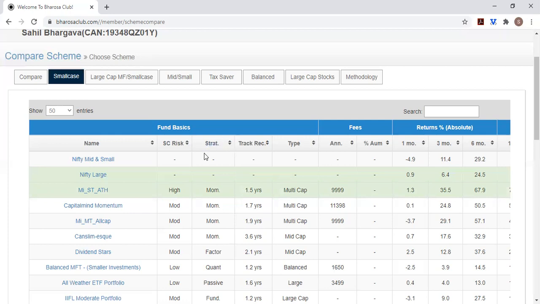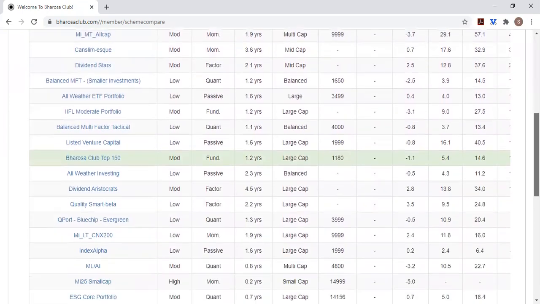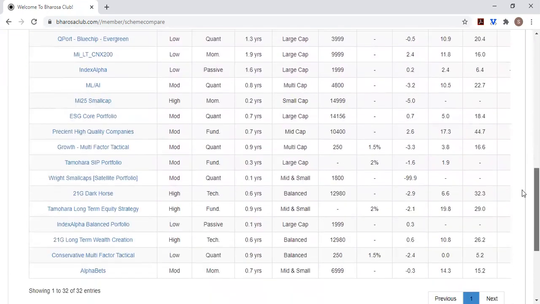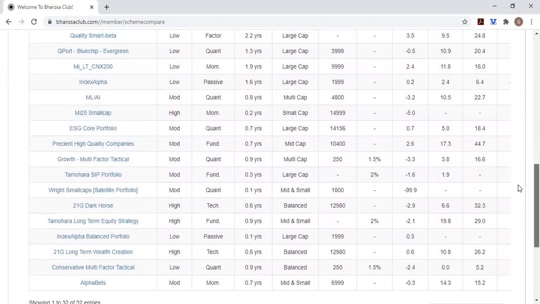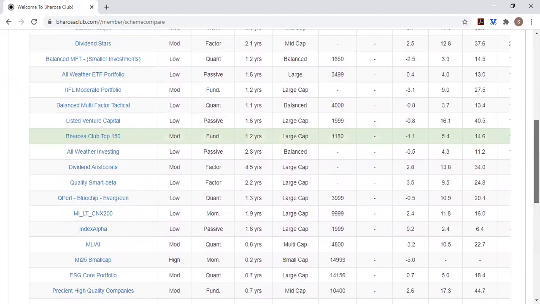The next column that we have is strategy. We have the strategies bucketed into various types. So you have momentum, factor, quantitative, passive, fundamentals, and one more, technical, which are the various strategies that small cases are employing.